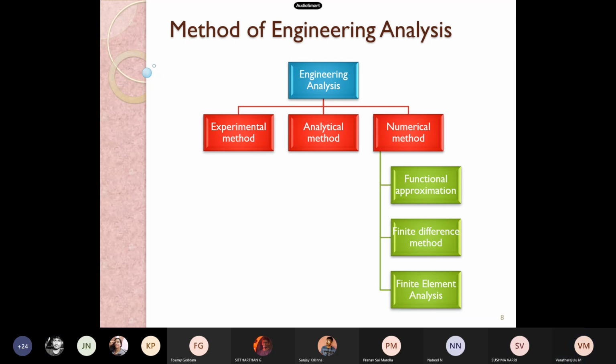Experimentation. Yes, that is what our first classification is. This is the olden method of doing engineering analysis, that is experimental. In that we developed our own prototype, and the prototypes were developed to test and trial a new design to enhance the feature of the product or component. And a prototype is an early sample or a model or a release of the product built to test a component